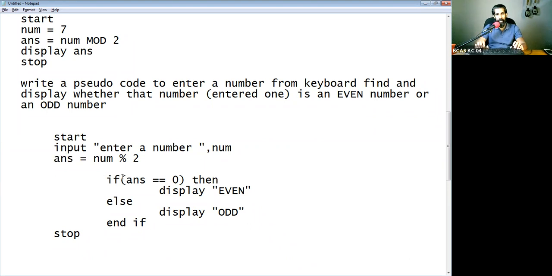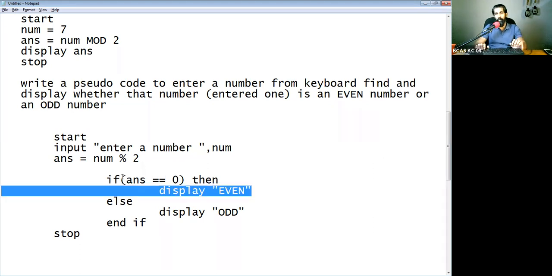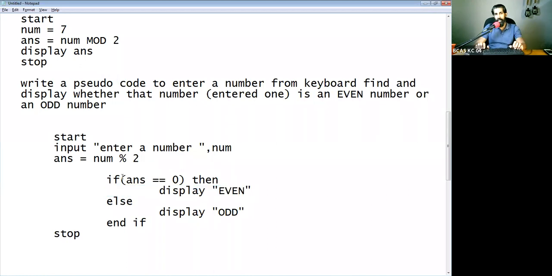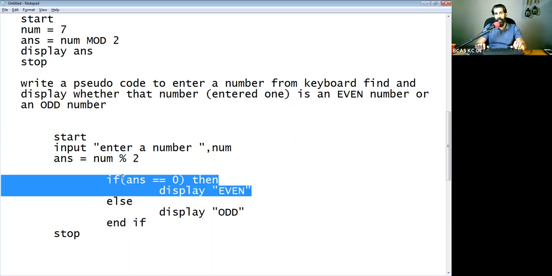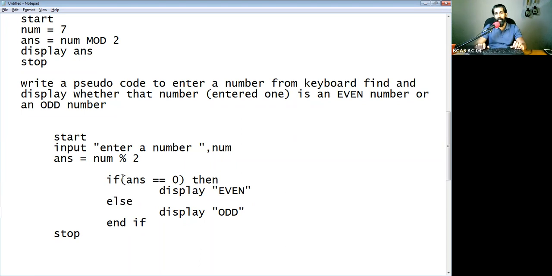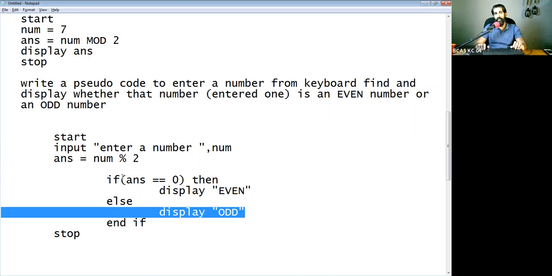Now once it comes here, it is checking if the answer variable is equivalent to 0. It is simply checking whether it is holding the value 0. If it is having the value 0, it can print even. Actually, at the moment we entered 7 and the answer variable is holding the value 1. So this part that I have highlighted is not true. It is not true. So this part cannot be done. It will always go to the else part and it will display odd because we have asked in the else part to display odd, and the program will finish from here. So this is what we have done.